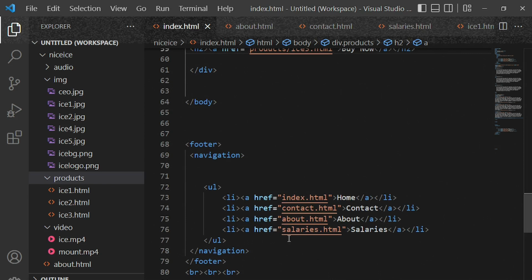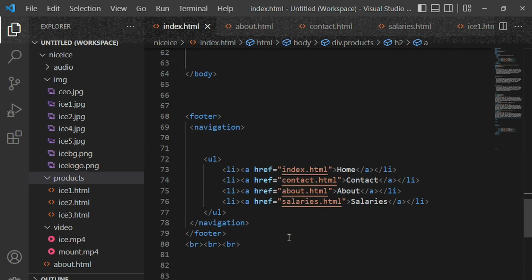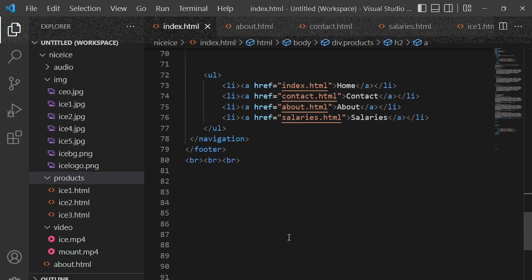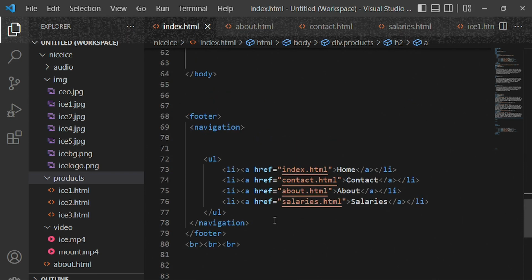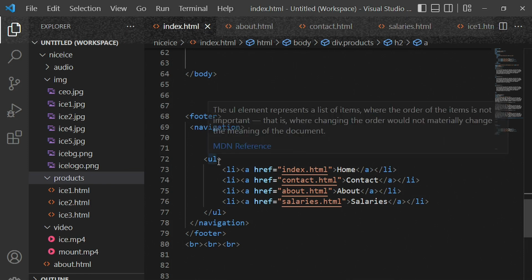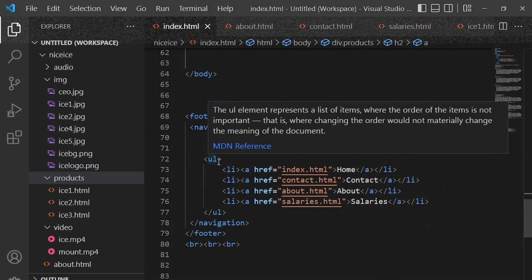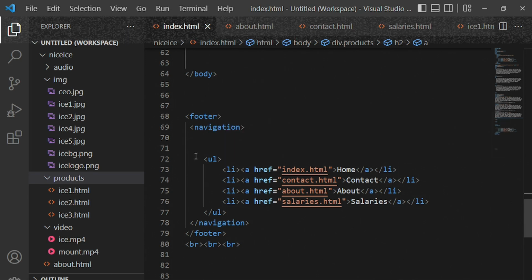This is the footer, but I can see that our footer is looking smaller. Okay, and also we applied color on our demo website, but here we did not apply any background color. So we will be applying background color onto our footer. But before that, let's enter code for our back to top